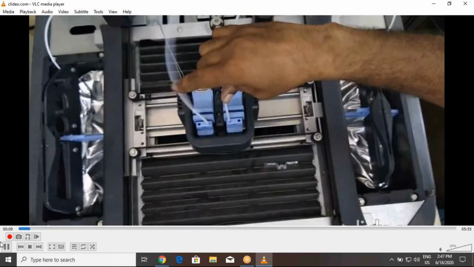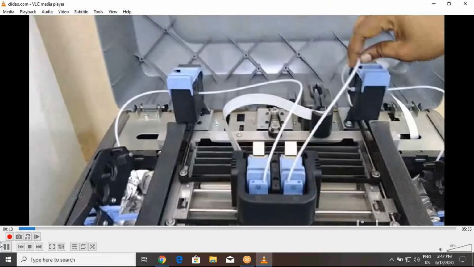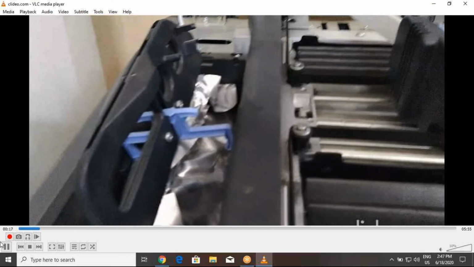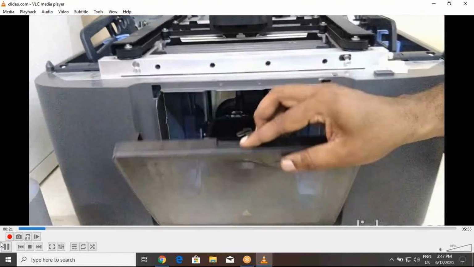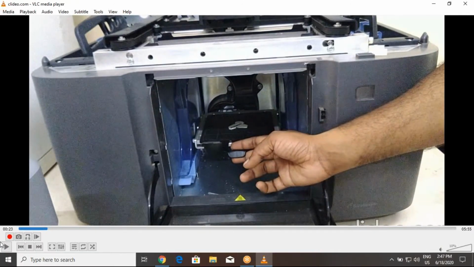Now we can see here, the left side is the support, the right side is the ABS plastic material we are having here. See, these are the cartridges available for the Stratasys. This is the build chamber. The build chamber of a Mozo 3D printer is 127 by 127 by 127 dimensions.